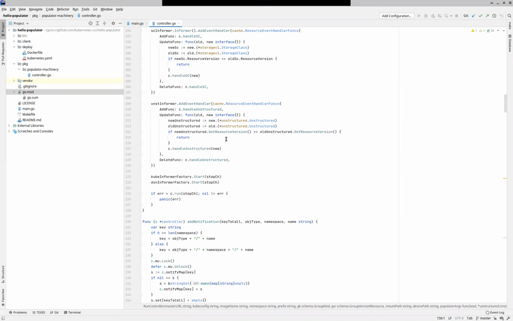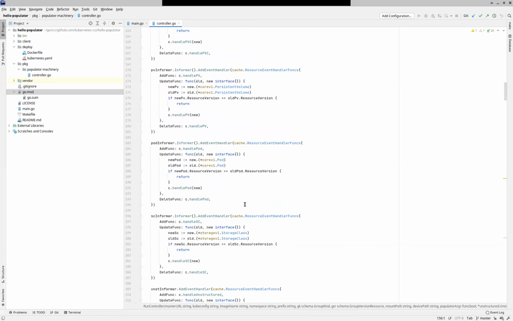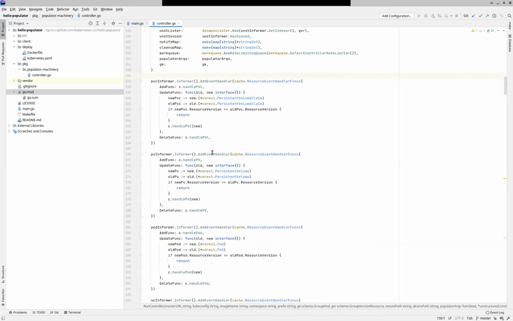It's going to see a new PVC that it determines needs to be populated. If it determines it doesn't need to be populated, it just drops it and ignores it and lets the regular thing happen. But if it determines that it does need to do something with the PVC, it starts processing the PVC, and then if it encounters a reference to a PV or a storage class or a pod or another